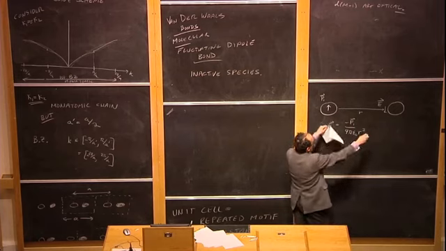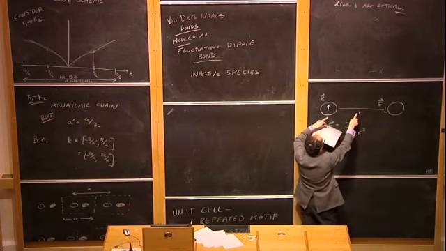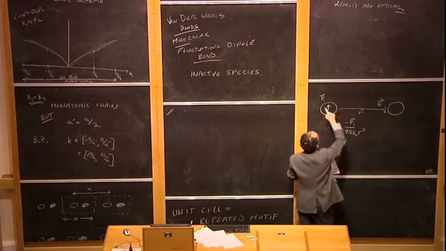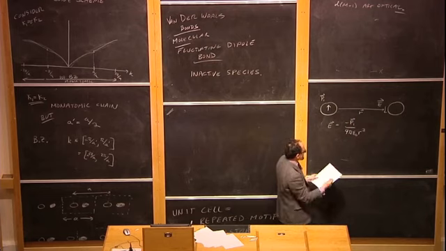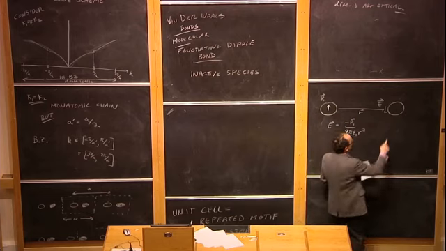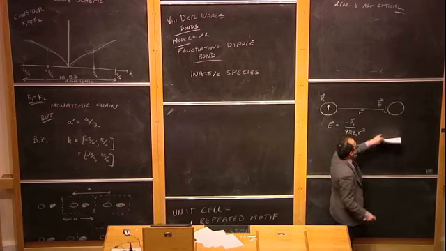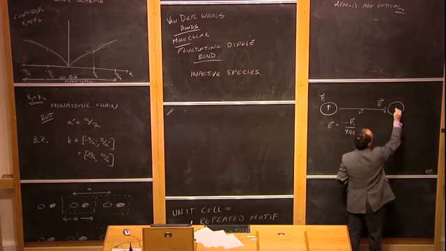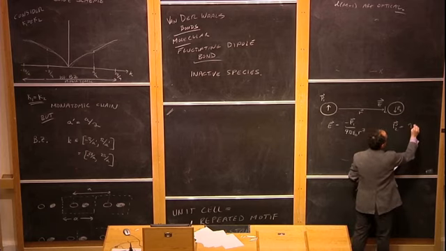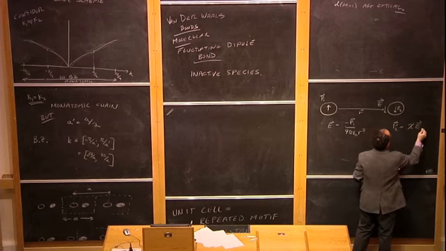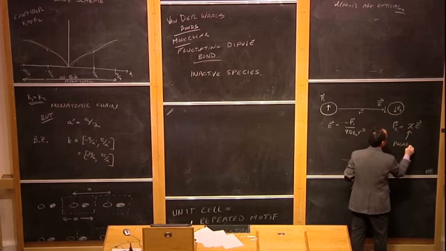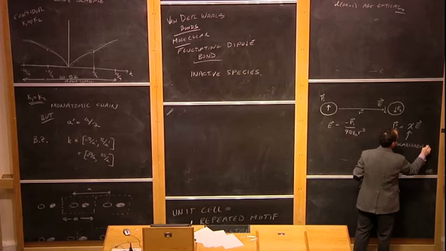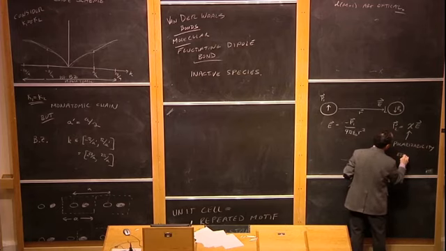And if I had drawn the angles differently, I conveniently chose r to be perpendicular to the moment there, but if I didn't make them perpendicular, there would be some cosines and sines and stuff like that, which I'm leaving out. Now, when this atom experiences this electric field, it develops a polarization. It gets an induced polarization, P2, which is chi, some constant, times E. And this constant here is known as the polarizability, or electric susceptibility,